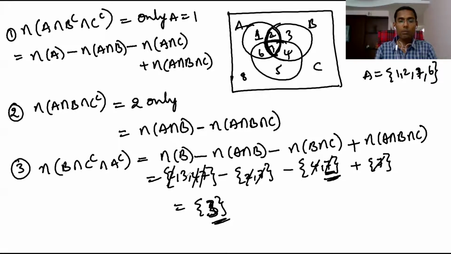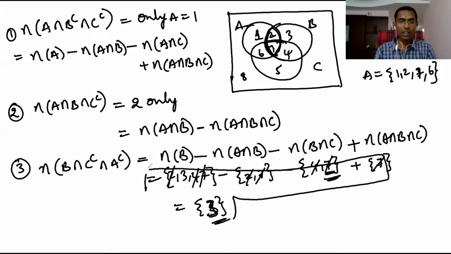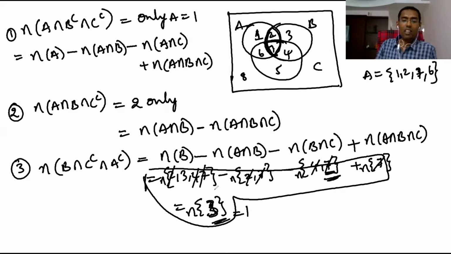But here, just to make you understand, I wrote this one. This is not like this. Now this is n. This n I did not keep. Just for understanding, this means 1 only. If I write 1 and 2 and 3, n, then you will not understand. I did not write n, but n of 3 is only 1.